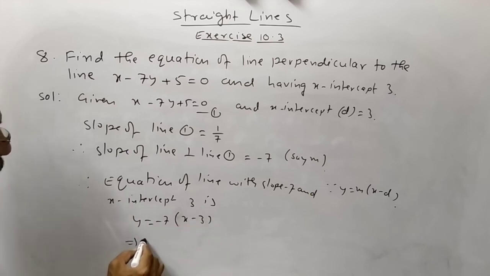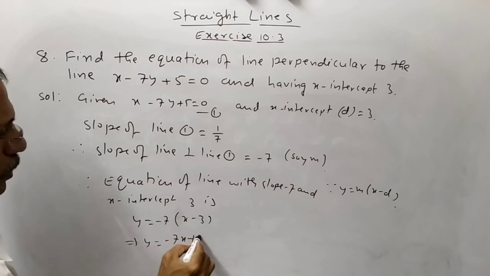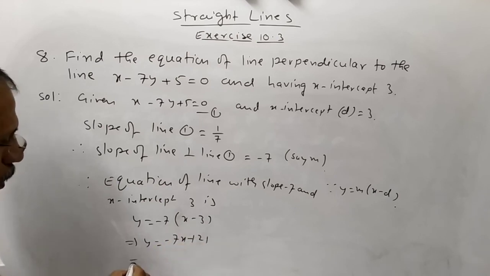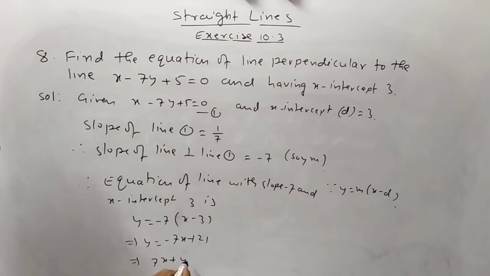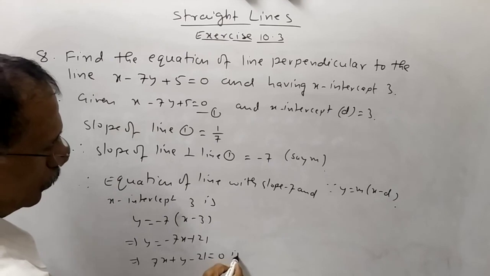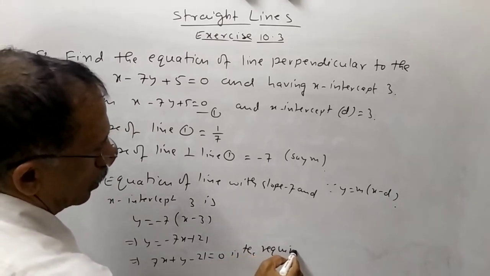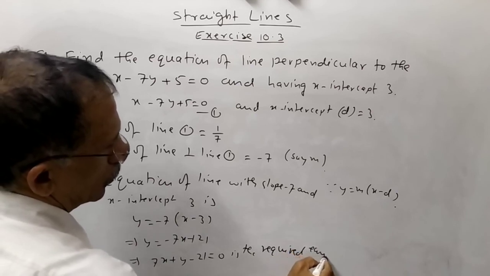This implies y is equal to minus 7x plus 21 implies 7x plus y minus 21 is equal to 0 is the required equation of